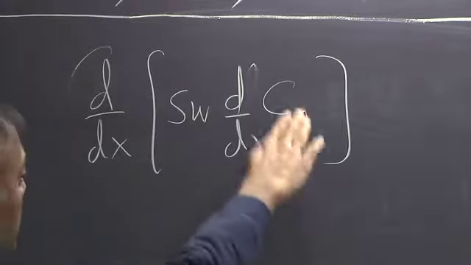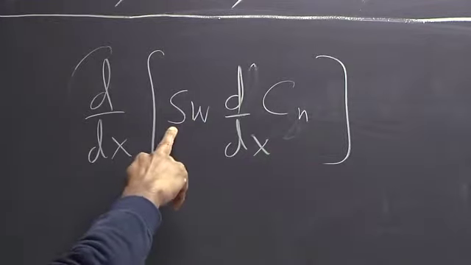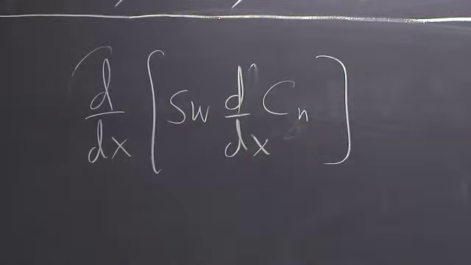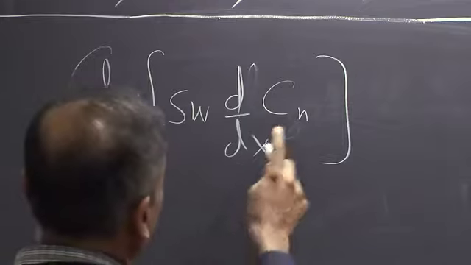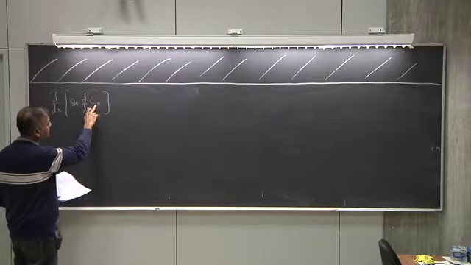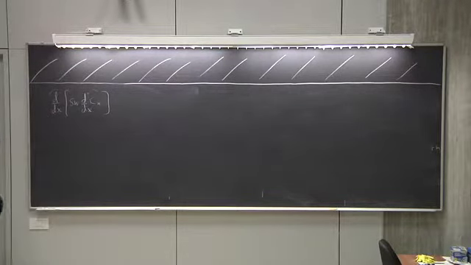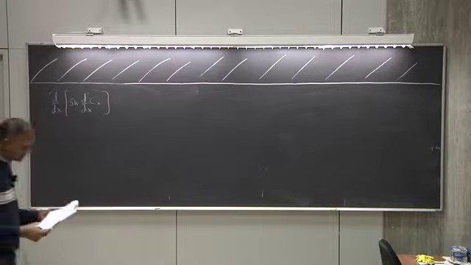Obviously you see this is only applicable for Rodrigues because I'm using S. S was appearing in the Rodrigues formula, right? So this is only for that class. First of all, Cn is an nth degree polynomial, so d by dx acting on Cn will be an n minus 1th degree polynomial, right? Now, if you remember this lemma,